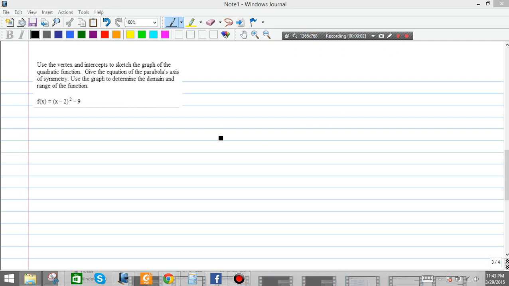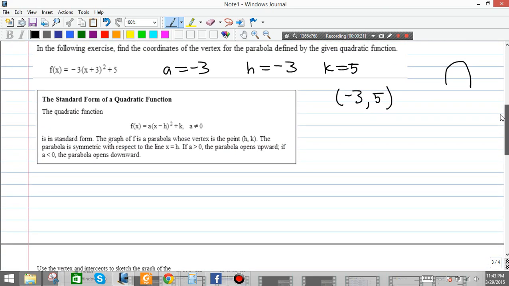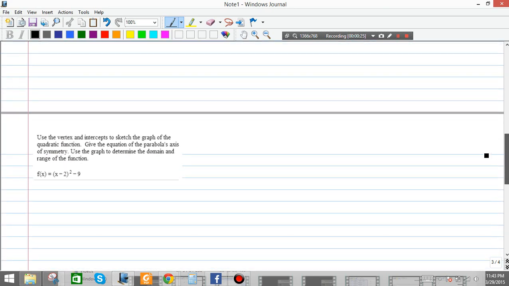Here's the next problem. Use the vertex and intercepts to sketch the graph of the quadratic function. Okay, so you'll need to do these in a few steps. First of all, we're pretty good with the vertex now. The vertex here, using our previous table, going up, I'll just copy this here. Using this, the vertex is at (h, k), so here for us, the vertex h is